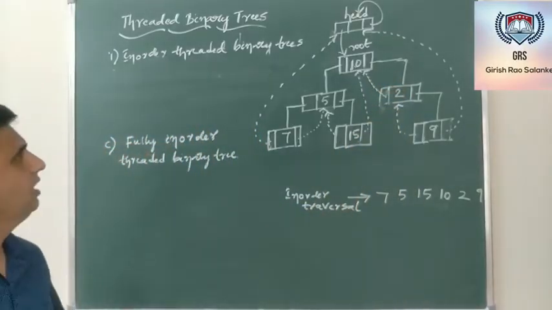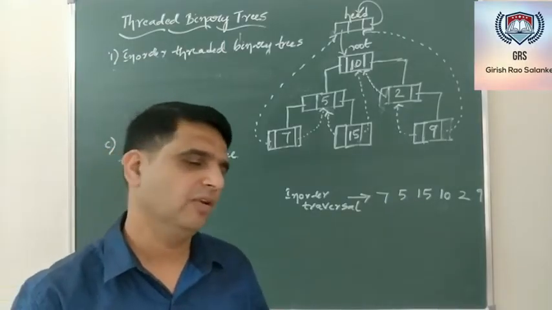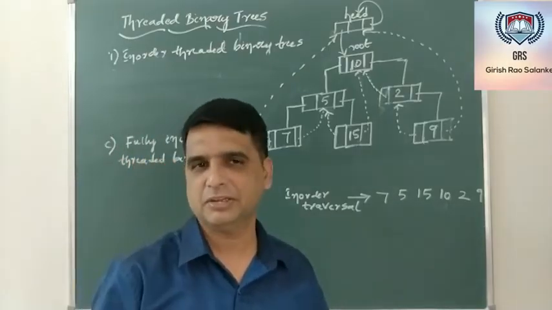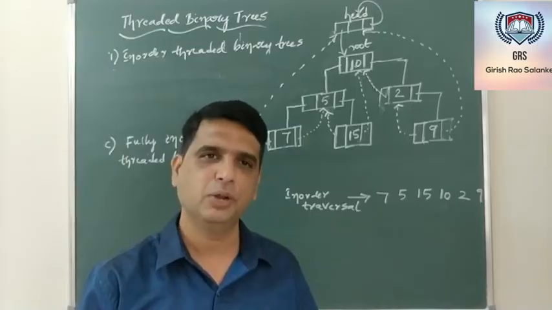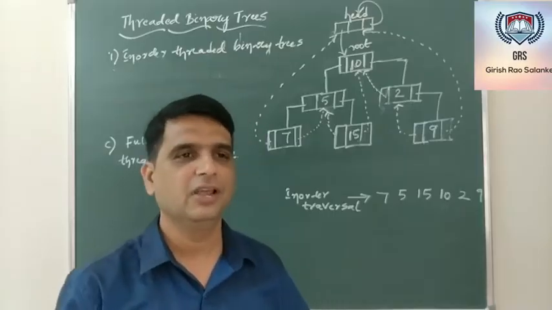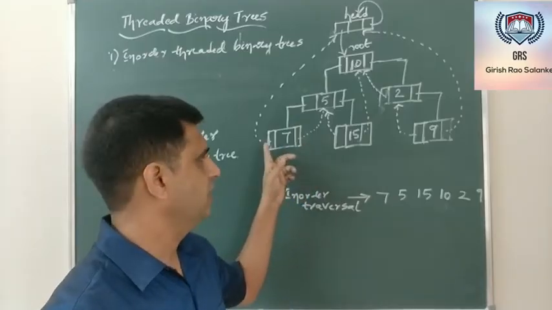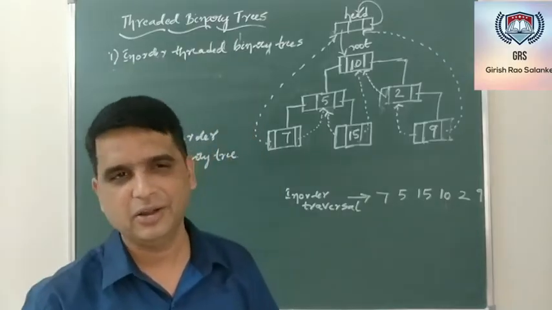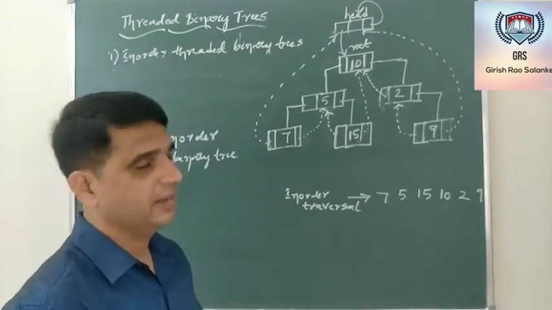So this is about fully in-order threaded binary trees. The same thing applies even for pre-order as well as post-order. But make sure that if you are doing a threaded binary tree with respect to post-order, you should consider the post-order traversal. If you are constructing a threaded binary tree with respect to pre-order, you should take pre-order traversal into consideration. Whether you are storing the information in the left address, or in the right address, or storing the information of both left and right, it can be further classified, as I told, into left, right, and fully threaded binary trees. Hope this is clear. This was about the threaded binary trees.